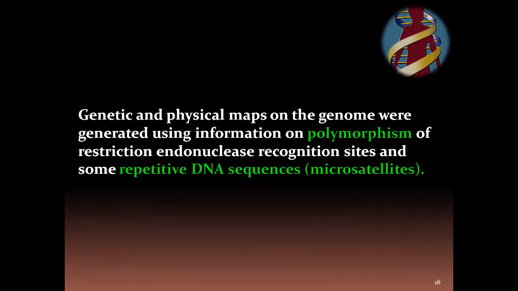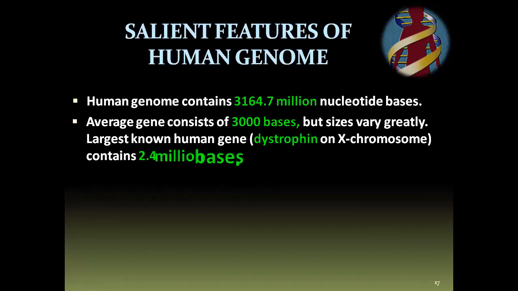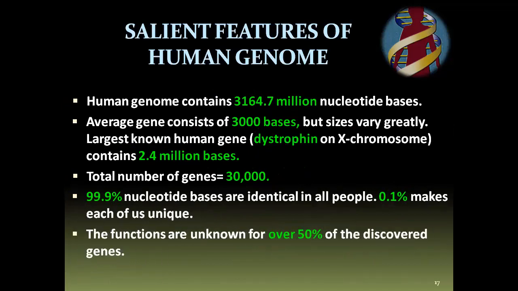Genetic and physical maps on the genome were generated using information on polymorphism of restriction endonuclease recognition sites and some repetitive DNA sequences. What do you say them as? Microsatellites. Okay, this is the next area that, along with the major approaches, is also a very good area